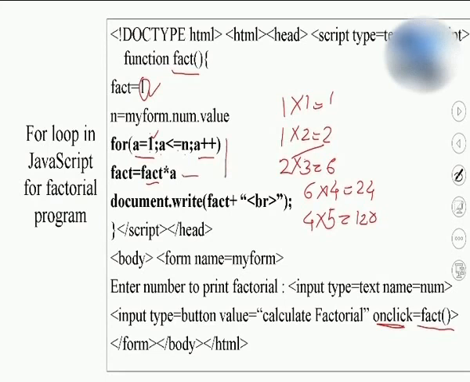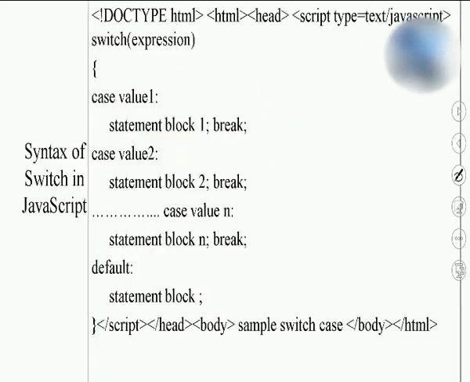Students, it will execute only one statement inside the for loop because I have not written the curly brackets over here. So to calculate the factorial, I need to write the program like this. I have written the onclick event. Students, do remember that onclick event, because you need to write such kind of event-driven programs in question number 8B in your online examination. So let us go to the next slide.